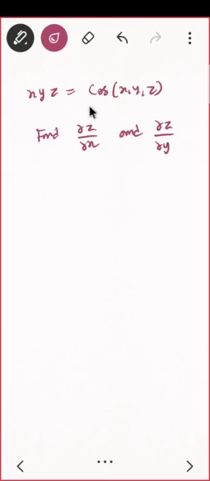See, till now what did we do? If my function is in explicit form, we used to write it as z equals f of x y, and then we used to differentiate. But do you see this function? Sorry, this should be x plus y plus z. Can you make it in this form? Can you separate z aside? By some solution, can you keep the z term on one side and x and y on the other side? Is it possible for this question?